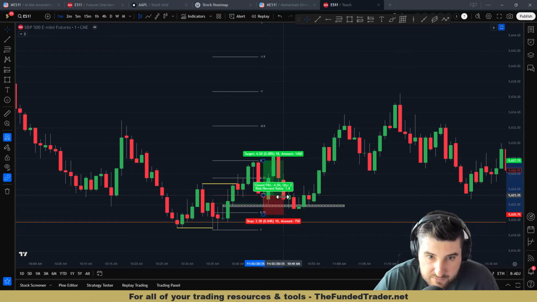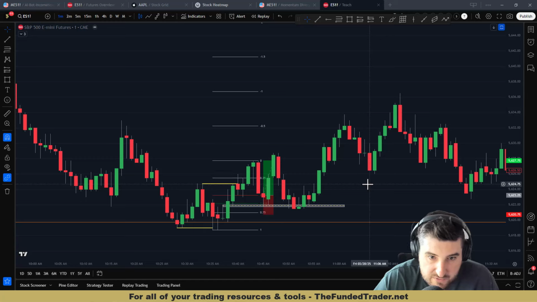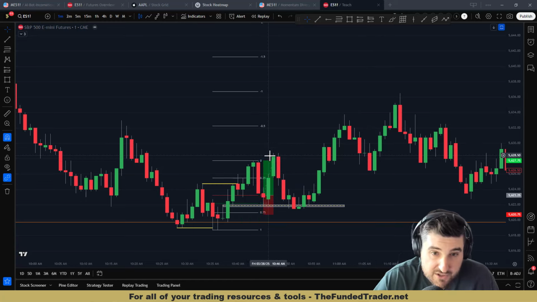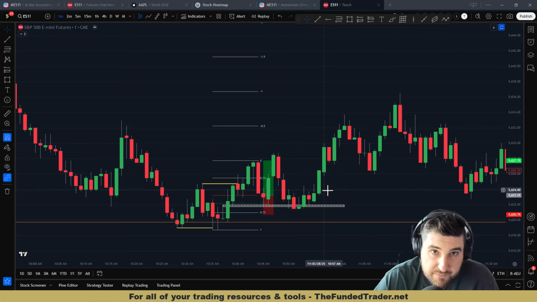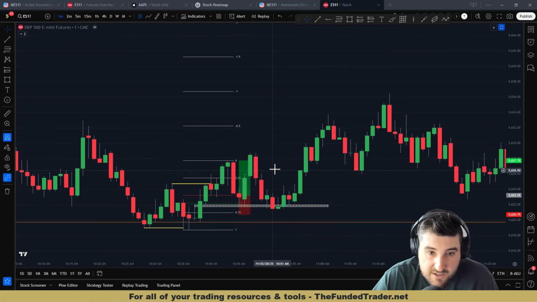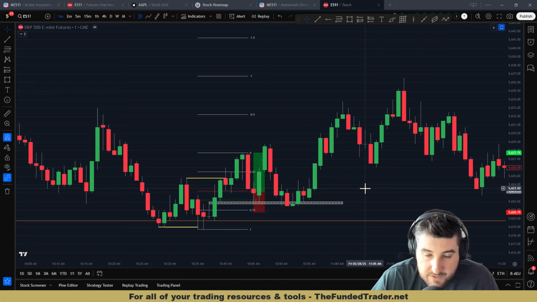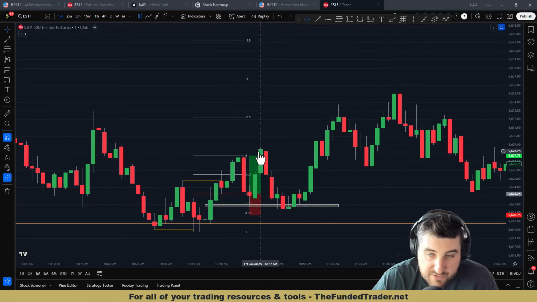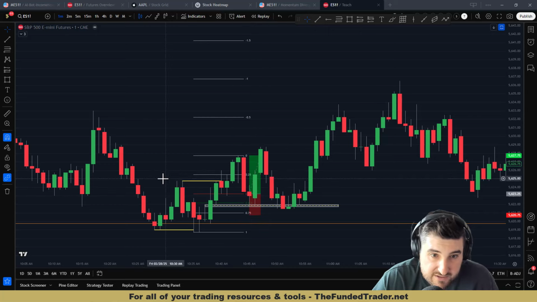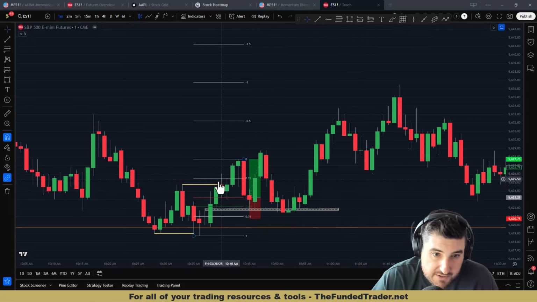Okay, boom. We got hit within 1, 2, 3 candles, right? From entry to exit, and we're on the minute chart. So 3 minutes, boom, you had a 1.8 risk to reward. So pretty good return right there. And if you want to do another setup, let's say you got greedy for some reason, you didn't take this initial one. So